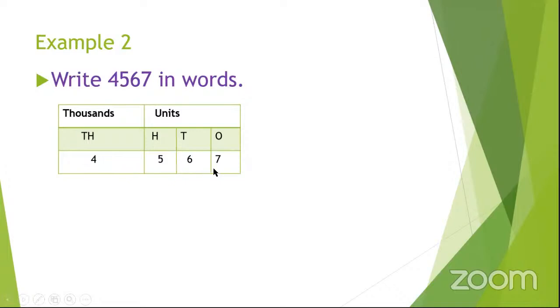Still handle them from the right hand side. Give them their place values. We start with ones, followed by tens, hundreds, and thousands. For our level, we end on thousands. After realizing that these are thousands here, you come and count the digits. If you find that you have more